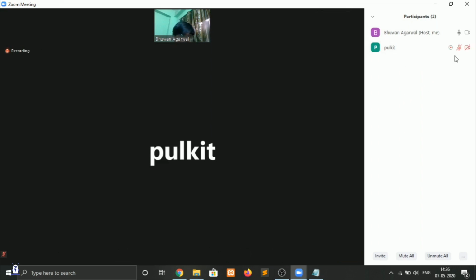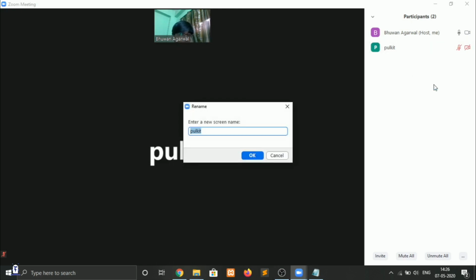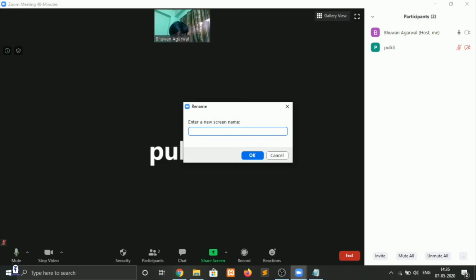He has started the recording, and you can see a record symbol, a red dot surrounded by a black border here. That means Pulkit is now able to record the meeting, and he has recorded some portion of the meeting. And this is also specific: only allow this for a trusted person, as someone can record the meeting and misuse it for anything. Okay, forbid record: since you have given the permission, you can also take back the permission for recording. Rename: I can simply rename Pulkit to my friend.